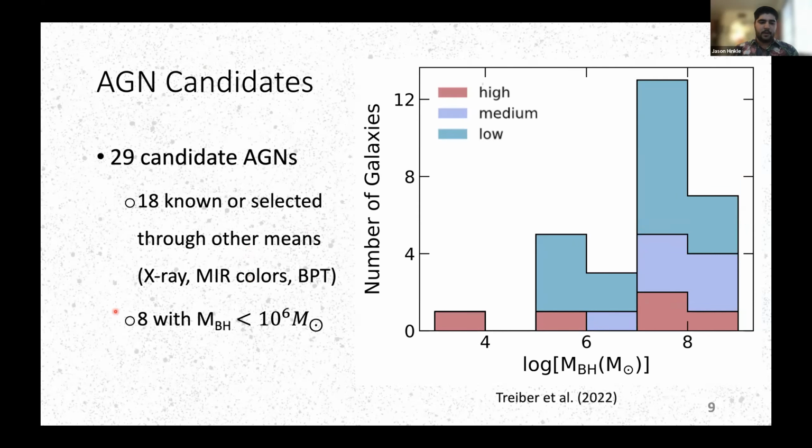And then, as I mentioned at the very beginning, we're looking for low mass black holes. So we do find quite a few candidate AGNs in these dwarf galaxies, shown here with masses less than 1 million solar masses or so, that are obviously strong candidates for follow-up. Although I should note, even though we're not necessarily sensitive to the detailed variability characteristics, we're still doing a pretty good job at selecting these more massive black holes as variable in the first place.